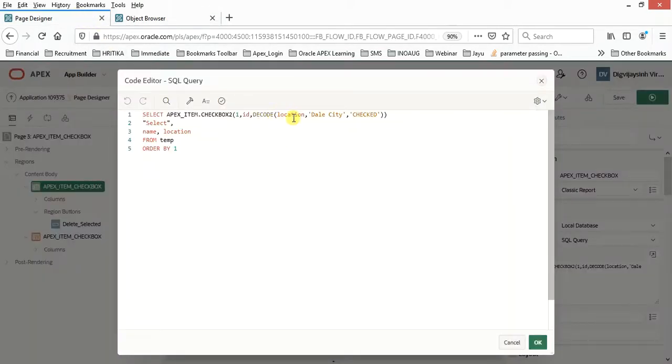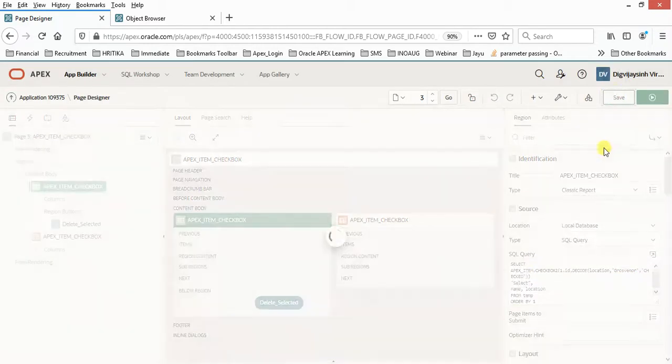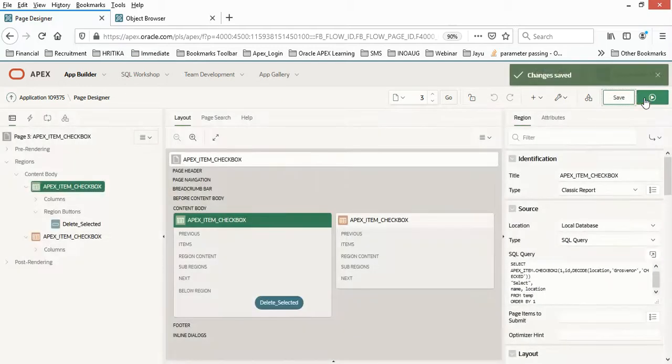If the locality is this one, then it should be checked. I want this particular locality checked, and that should be displayed as selected. Then I'll be selecting name, location from temp, order by 1. So let me just save this one and try to run this one.